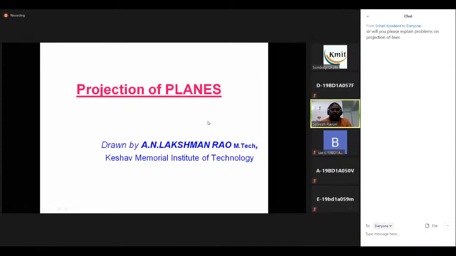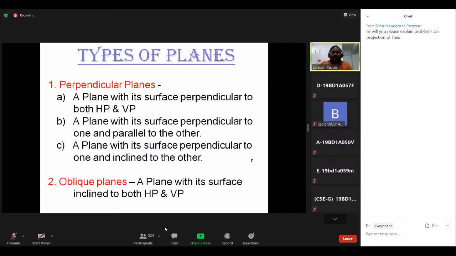Yes, good afternoon, students. Yesterday we have seen projections of straight lines. Now we'll deal with projections of planes. That is the next topic in second unit. So now, before going to the problem, we'll see the brief description. The types of planes. In fact, planes can be classified based on